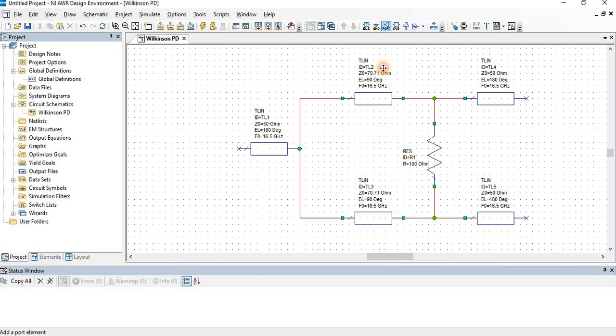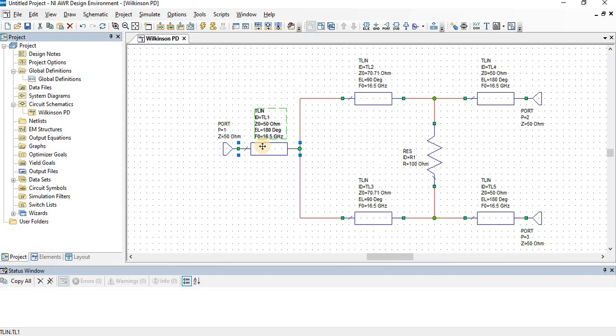So the design has been completed, and we just have to connect the ports. Okay, so what is left is to place this MSUB.